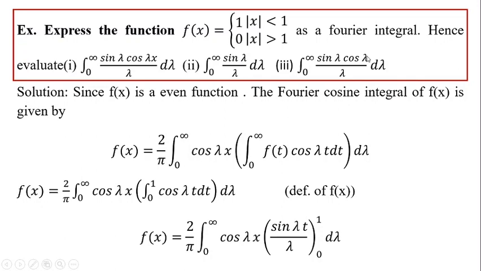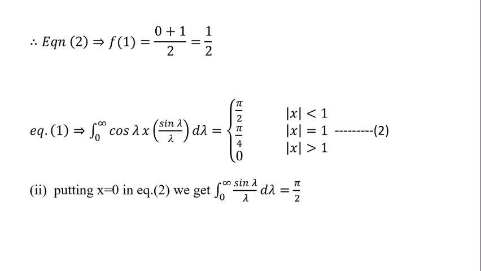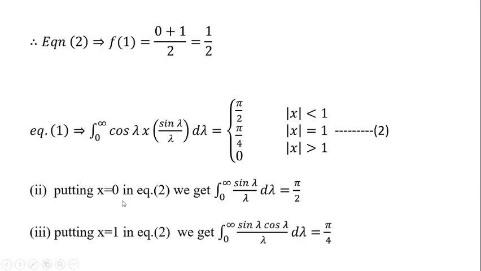So let's see how to get it. So we will have, see here, as I want to make cos lambda x as 1, so I have to put x as 0. Now if I put x as 0, x is equal to 0 falls in which range? Out of these two equations, x is equal to 0 falls in this range, minus 1 to 1, right? So what is its value? The value of the function is lambda, pi by 2. So that's why the value of the integral is nothing but pi by 2.